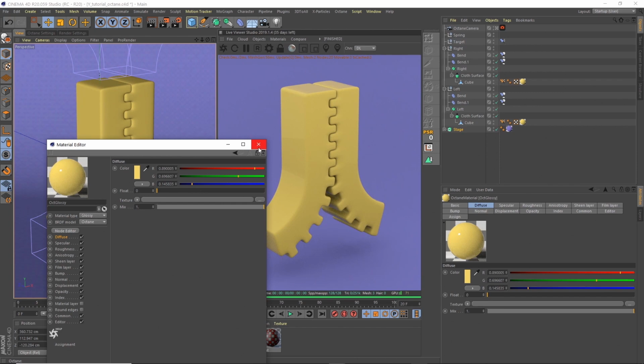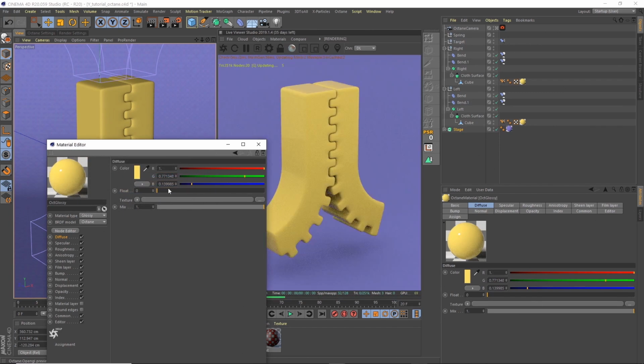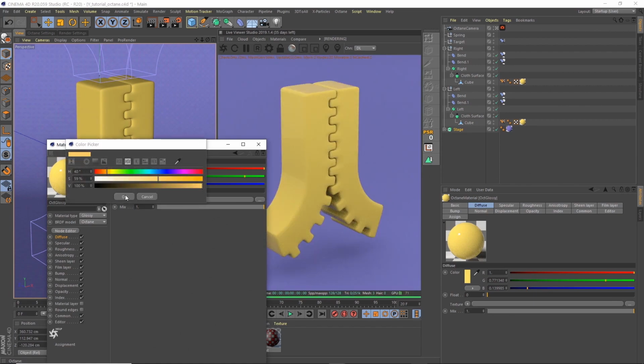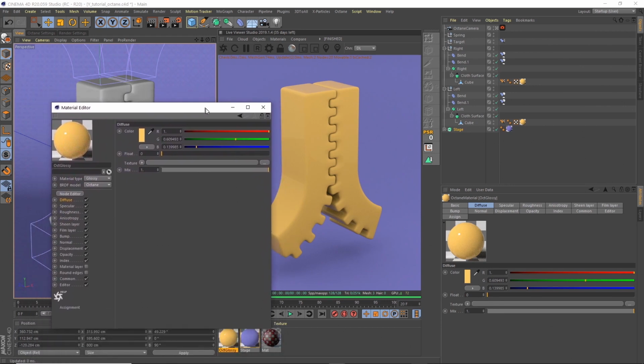Maybe something like that. No, actually, I'm going to make it brighter. Sorry, this is a bit where you can kind of play, actually I quite like that one. Play to get your materials correct. Okay, and